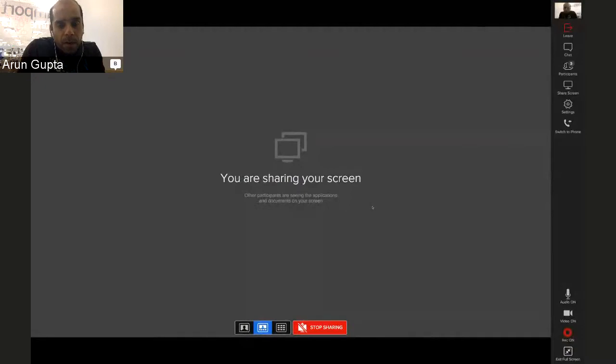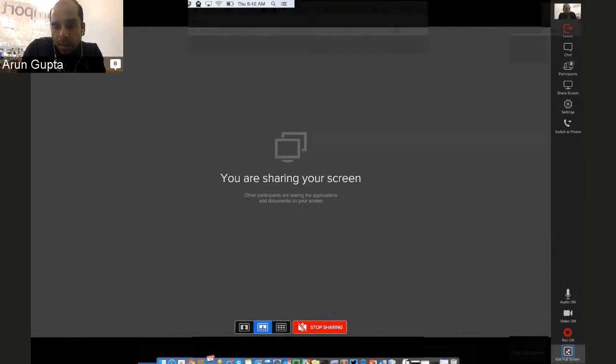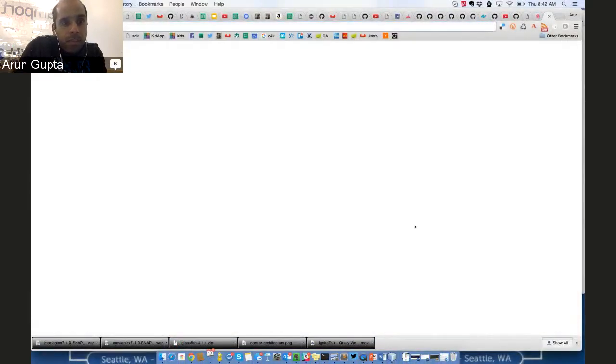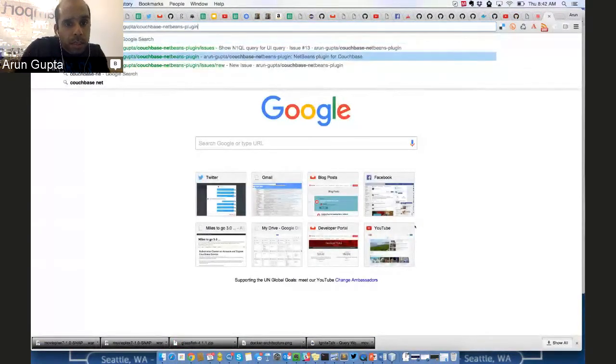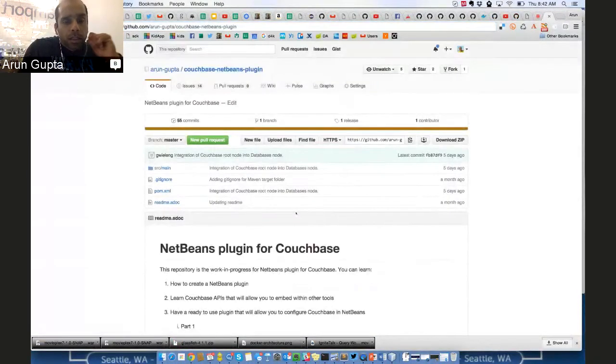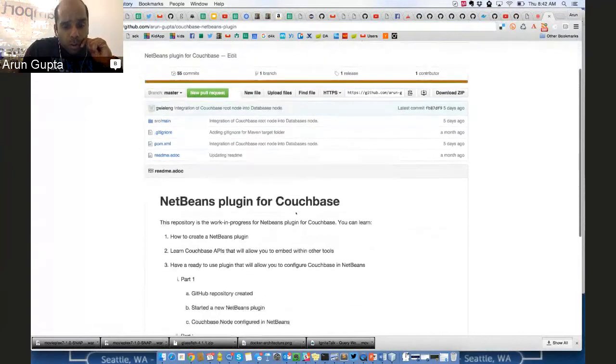I think the plugin has been evolving well. Let me share my screen for a second. Geertjan does all the heavy lifting anyway. This is the Couchbase NetBeans plugin repository, where all the source code has been living.